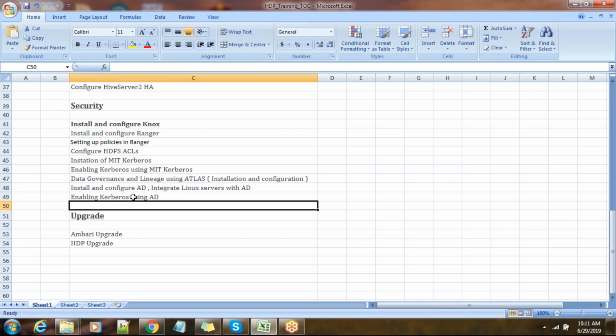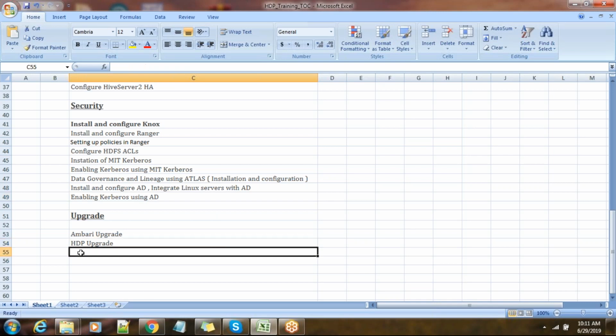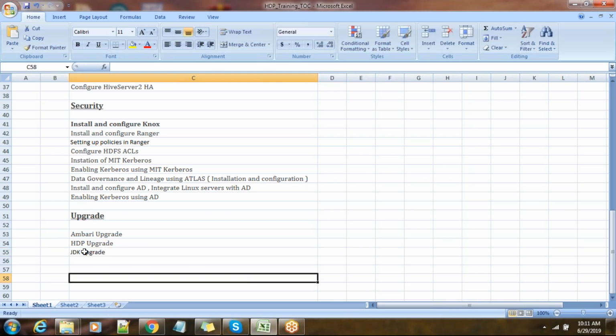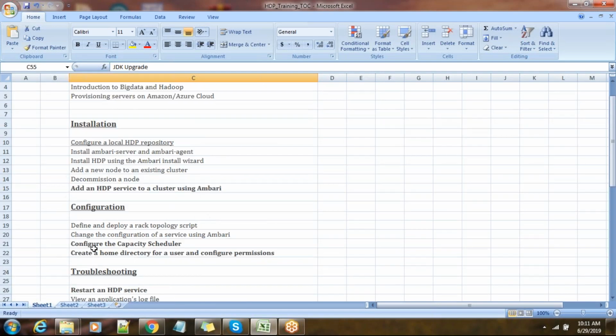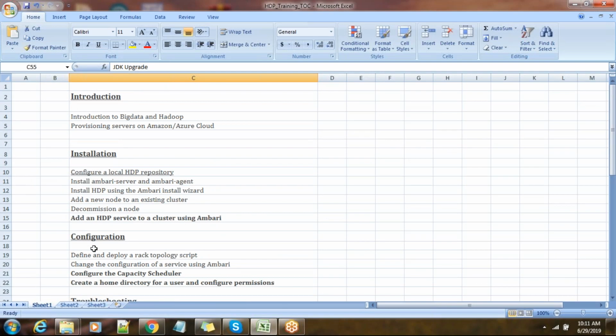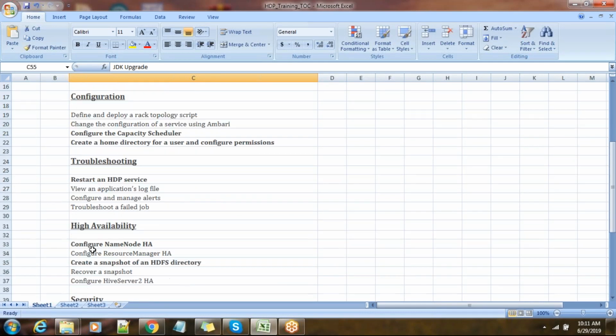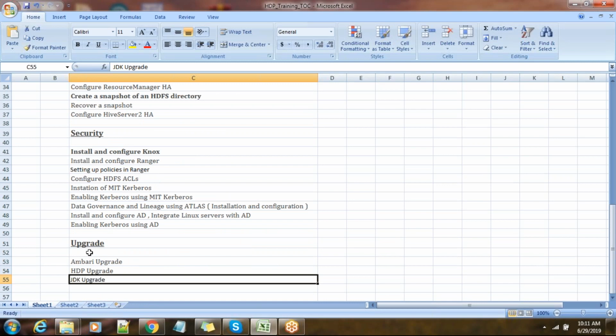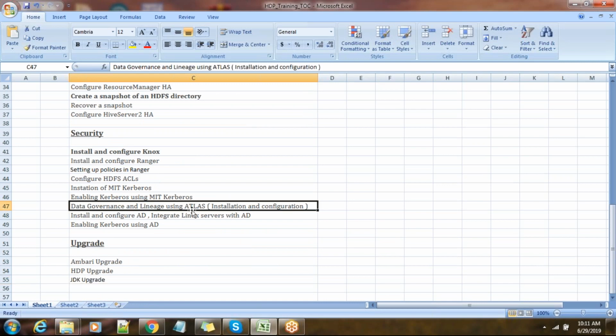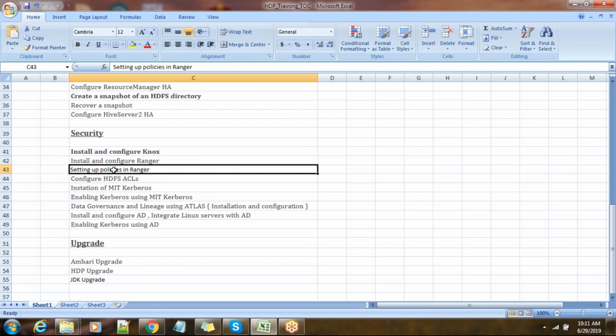Then okay. So we will add JDK upgrade also. And for upgrade, this is the one, and availability. So any other? Okay, Atlas and this thing is there, and Ranger is there.